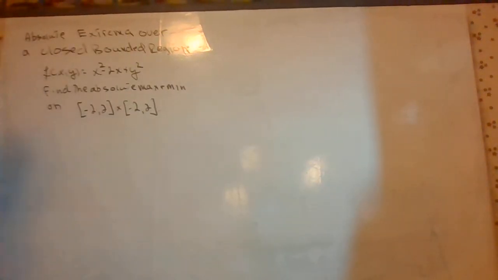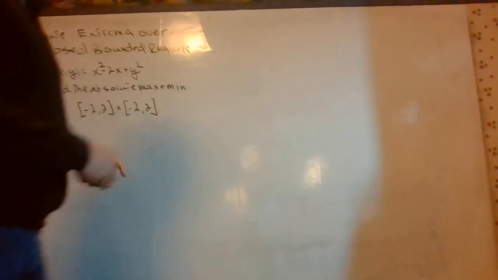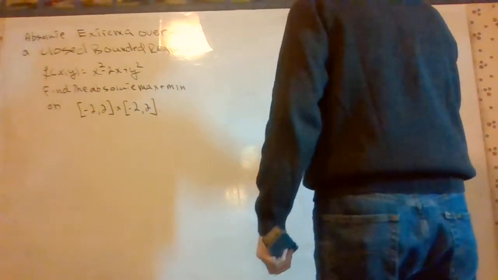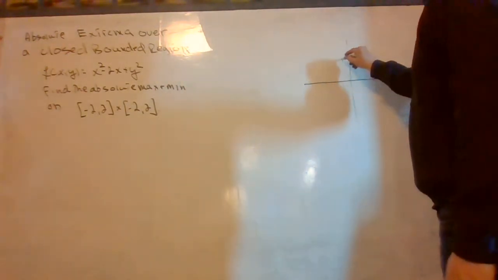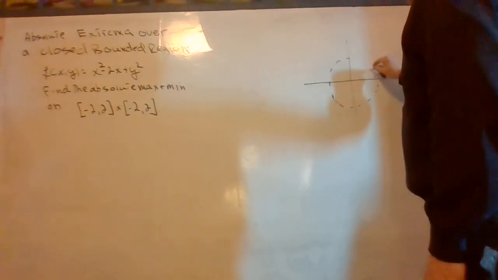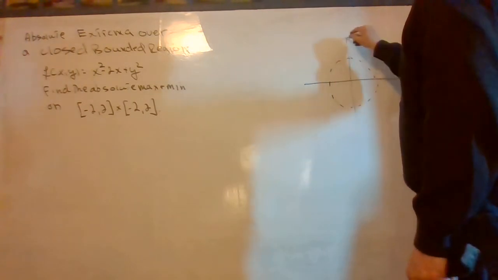Welcome back. We're going to talk about absolute extrema over a closed bounded region. Well, first of all, let's talk about what closed and bounded means. Here's a circle,